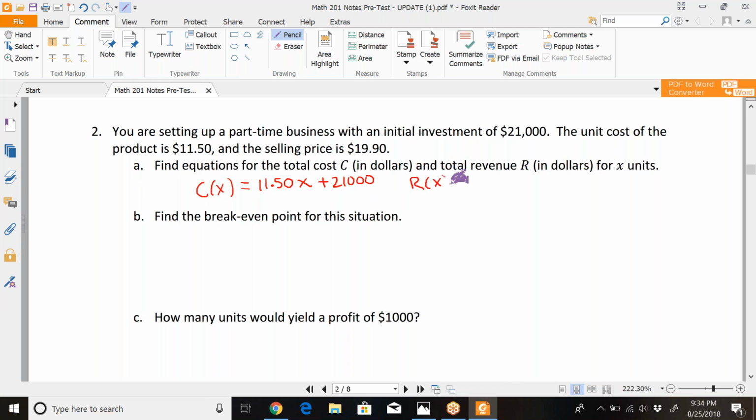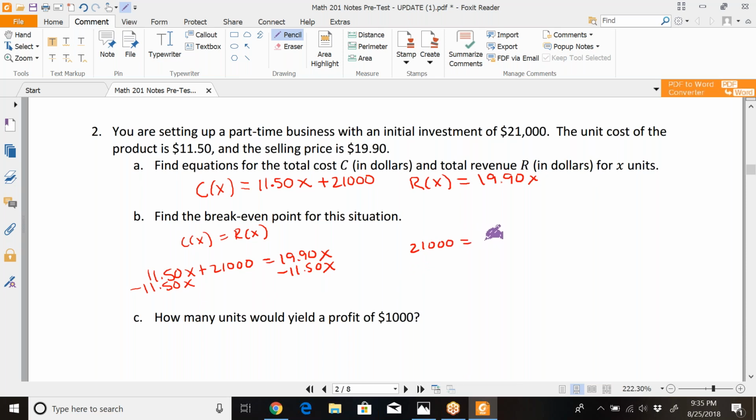The revenue function is how much money they bring in every time they sell an item. So that's $19.90 per item. The break-even point is when cost equals revenue. So when we set those two functions equal to each other, it's 11.50x plus 21,000 equals 19.90x. We'll subtract the 11.50x over so both of our x's are on the same side. So that's going to be 21,000 equals